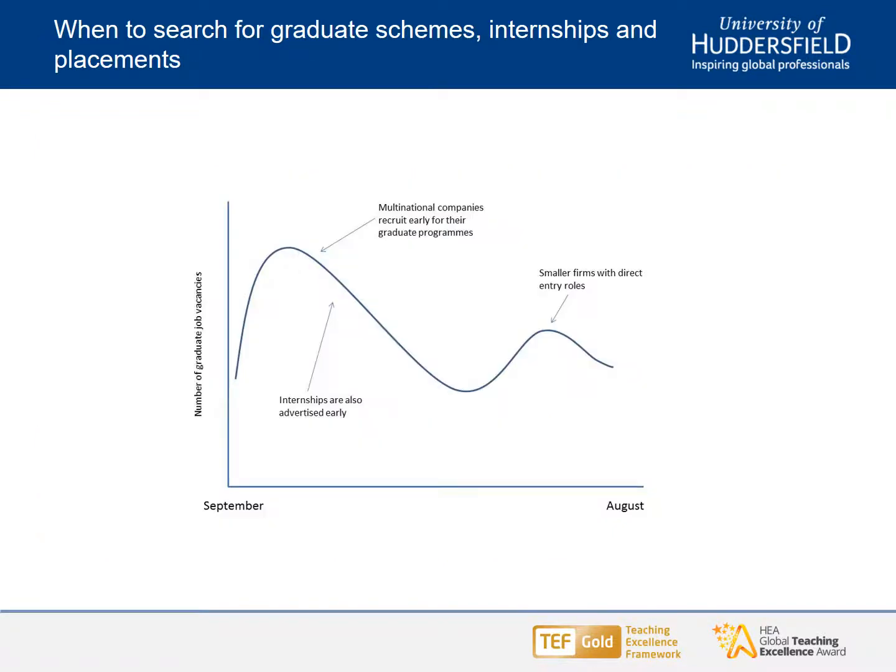So you might be thinking, when is the best time to search for these schemes, internships and placements? The answer is, really, all year. Many graduate schemes, internships and placements are open for applications in September, particularly with your larger employers. These applications will tend to close around the end of December, but their recruitment processes take a long time and usually have several steps, so you may not find out if you have been offered a position for a few